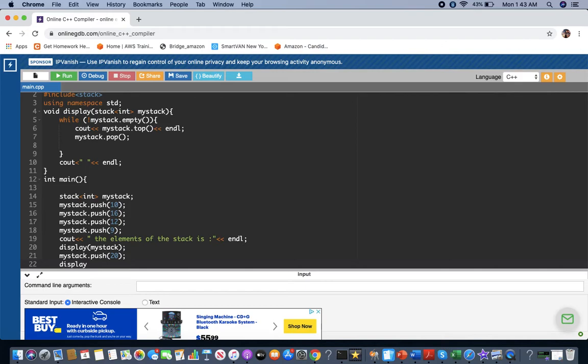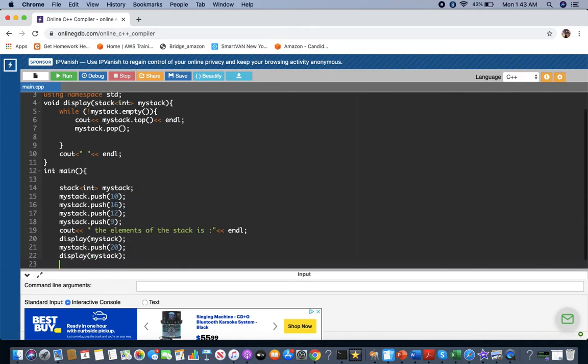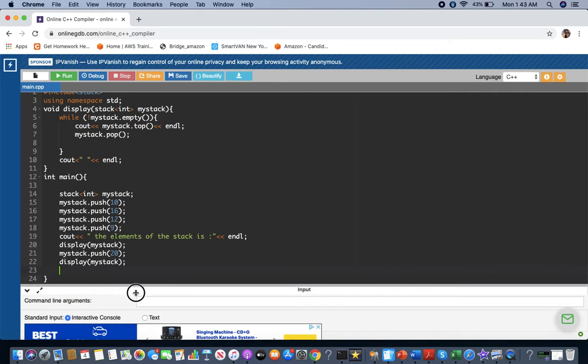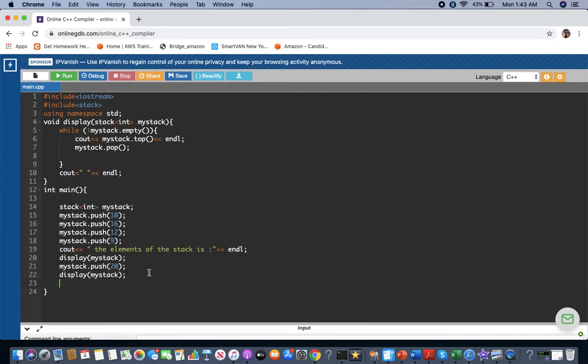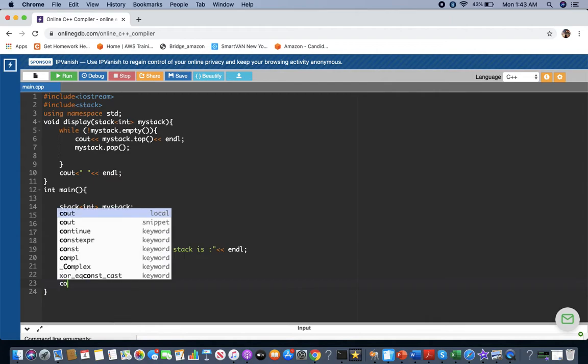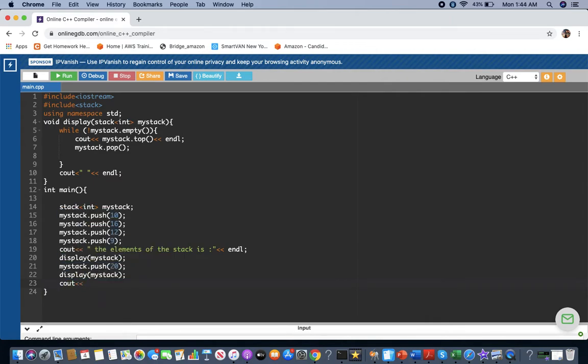Display my stack. Okay, let's check it down so it becomes clear to you. So if you want, we can do so many operations, as I said before. Let's do one cout to see the size of the stack. Okay, the size of the stack is